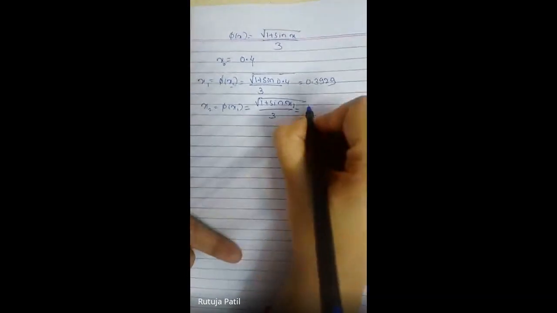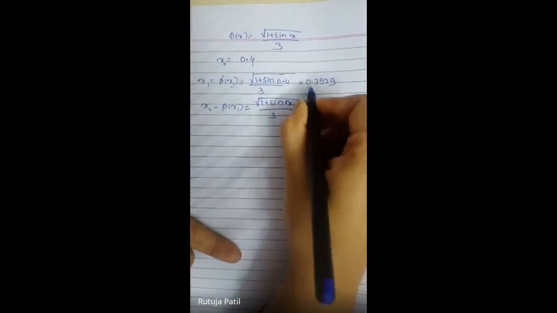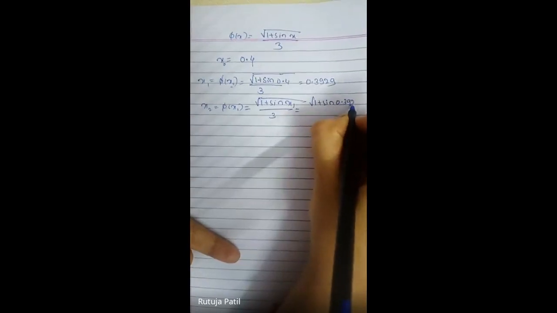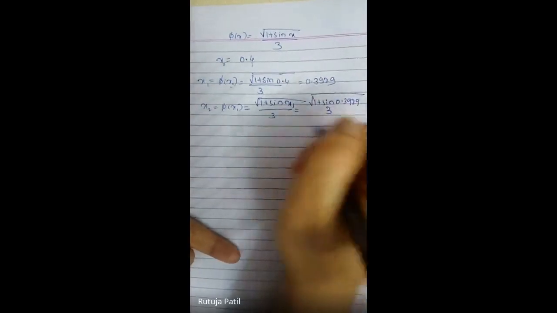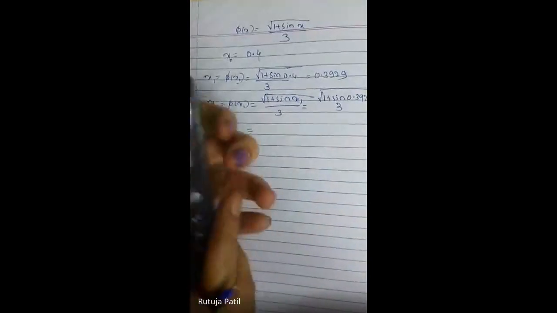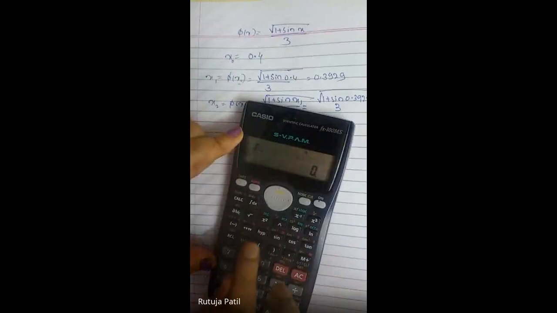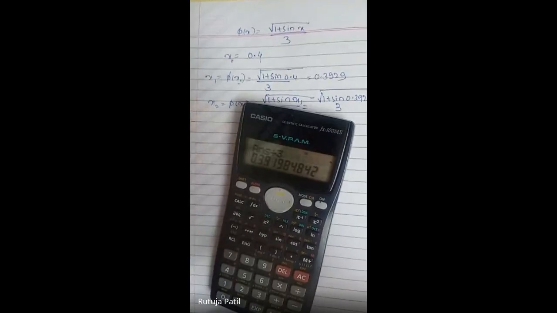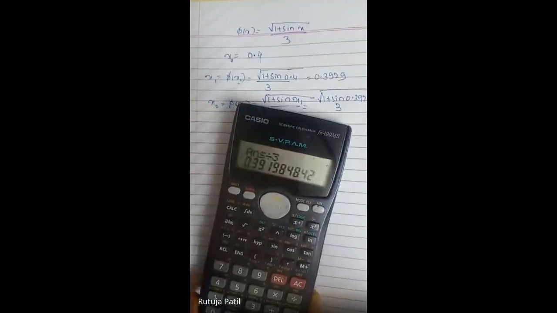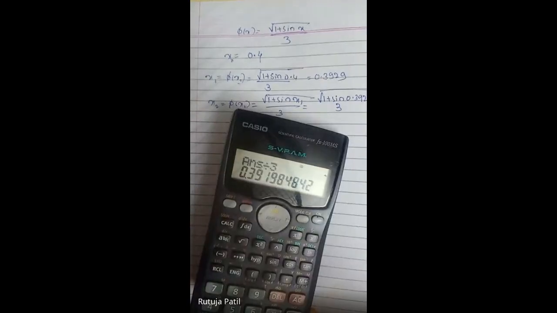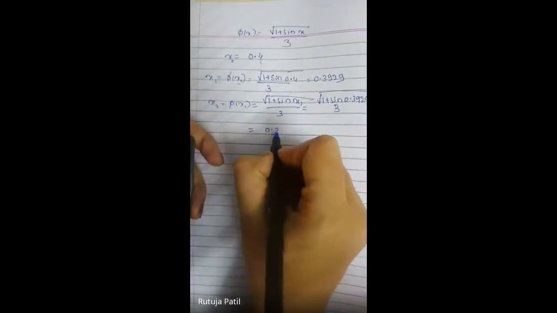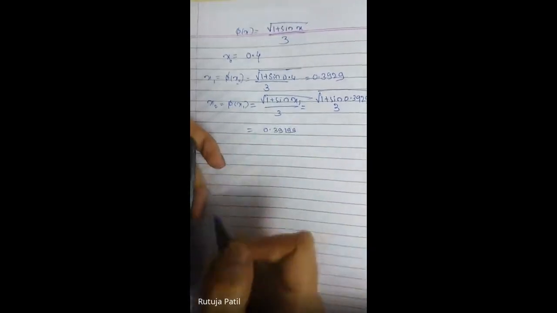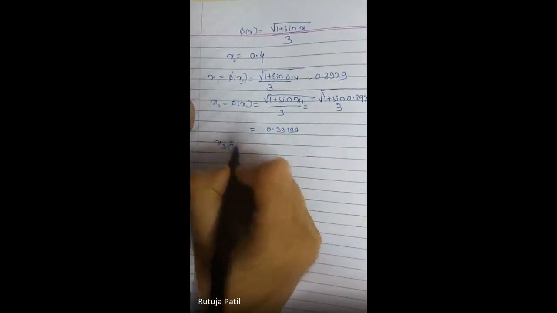So what is 1 plus sine x1 value? It is this one, that is 0.3929 divided by 3. Let me put this in the calculator: square root of 1 plus sine 0.3929 divided by 3. How much are we getting? 0.39199. Now if I want the value for x3,